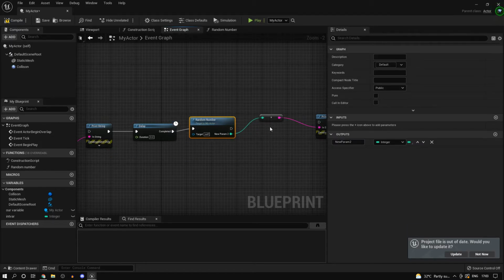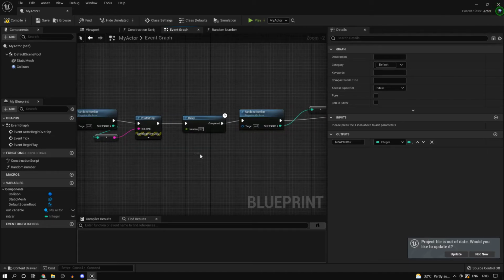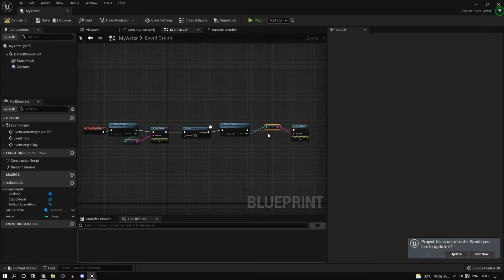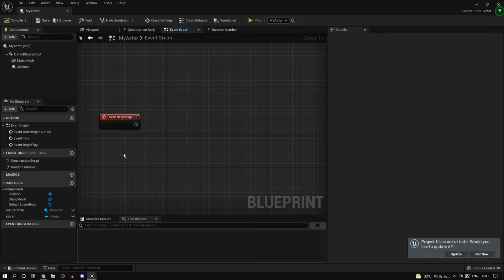So it's equivalent of this. If you would have done this, or if you would have run a pure function and dragged the output over here, they pretty much do the same thing. So remember, pure functions will be called each time you get a value off of them, whereas your normal functions will have the out values cached. So if you don't want to call them multiple times, they are a bit more efficient in that sense.